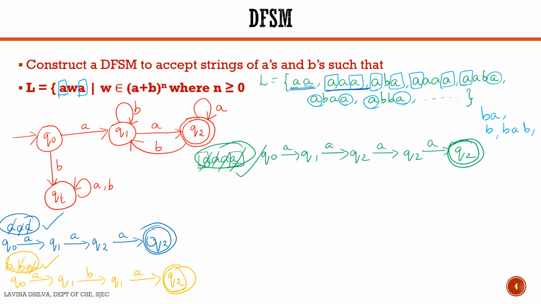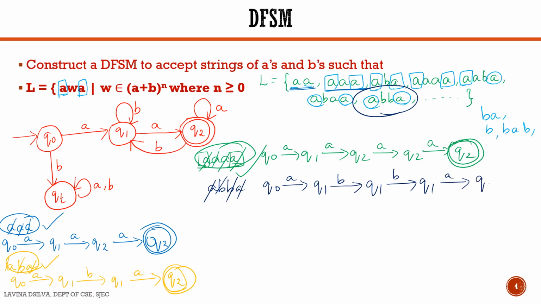Okay, I'll take this last string which I have mentioned here, that is A, B, B, A, and see whether this string is also accepted in the language. So in Q0 state, we take the first character, that is A. Okay, we go to Q1 state. In Q1 state, which character is seen? It's a B. If it's a B, we remain in Q1 state itself. Now in Q1 state, we see a B again, we remain in Q1 state. In Q1 state, if we see an A, we go to Q2 state. We have finished traversing our string, and the last state which we have here is Q2 state.